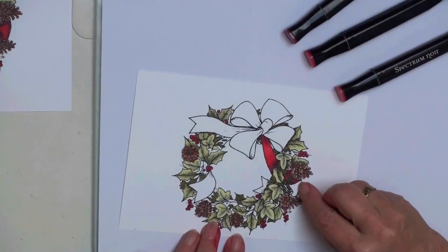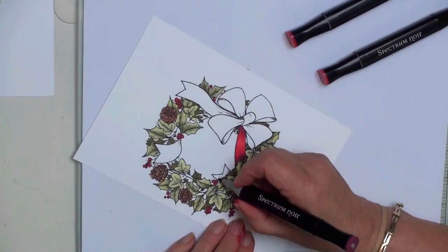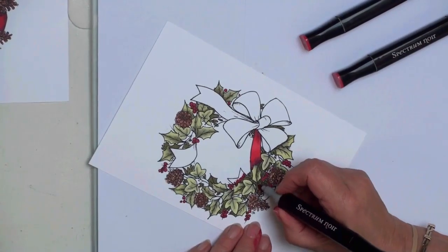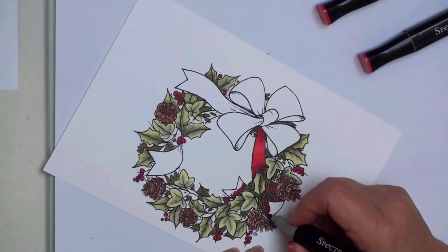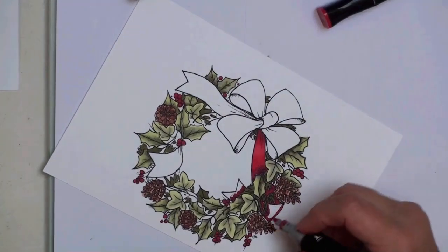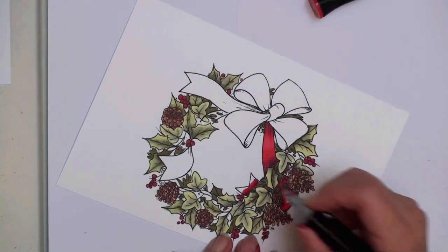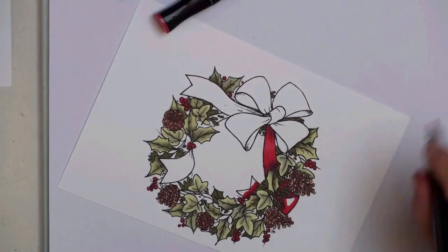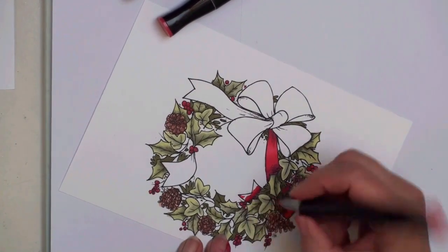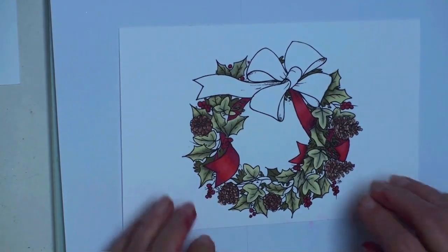And I'm going to come down here and work on this part of the bow. So I'm using the darkest shade, and I'm going where the shadow would be and along here. I'm going to blend those in with dark red 4. And then blend them out to the end with dark red 2. So whatever I did to that side, I've done to this side, and now I'm going to start on this